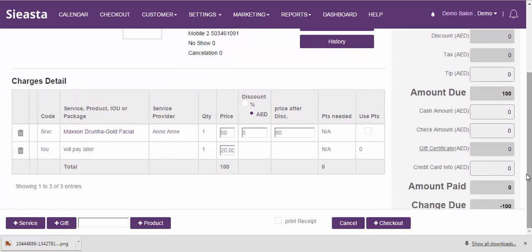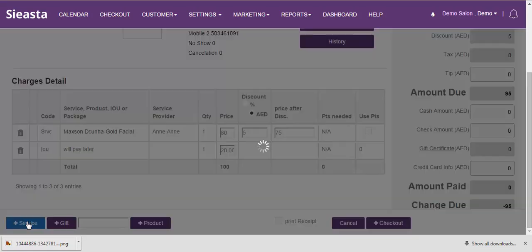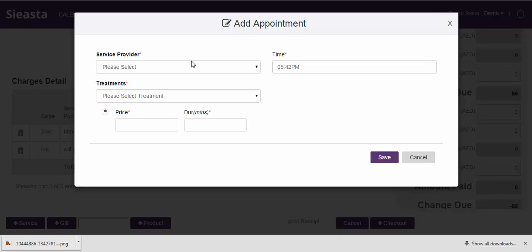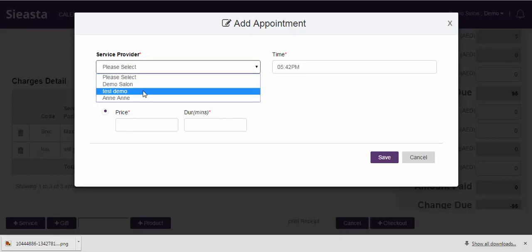At the bottom of the screen, you can add a service, a gift certificate, and a product. So let's say the customer not only availed a gold facial, but also another service. So we click on plus service and add the service that he availed.